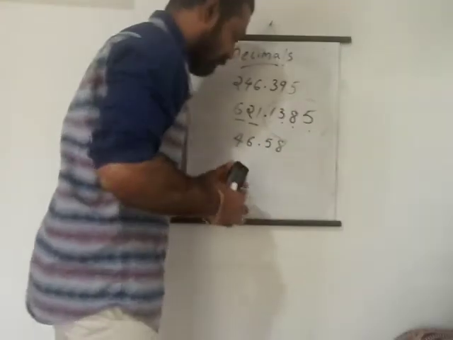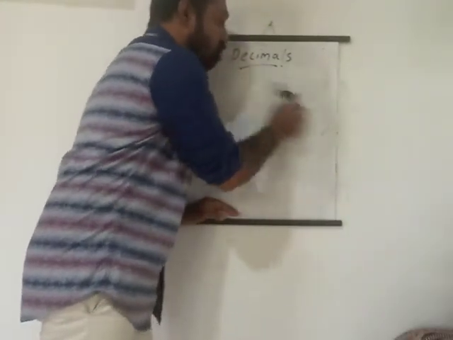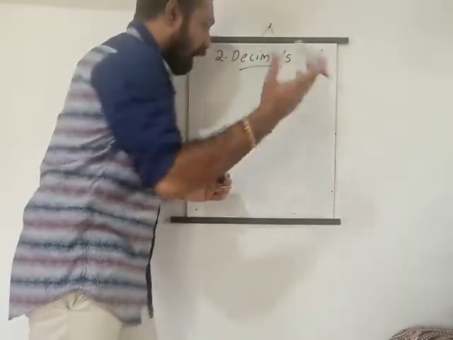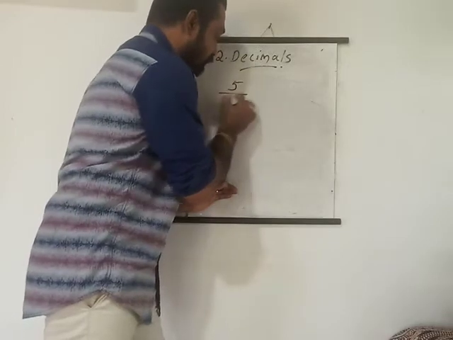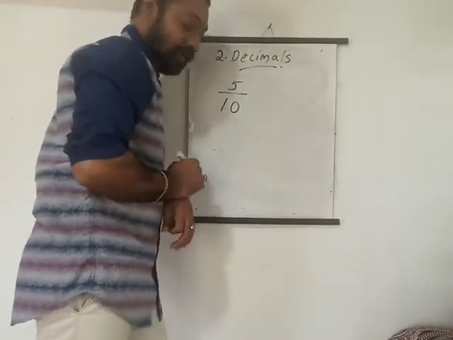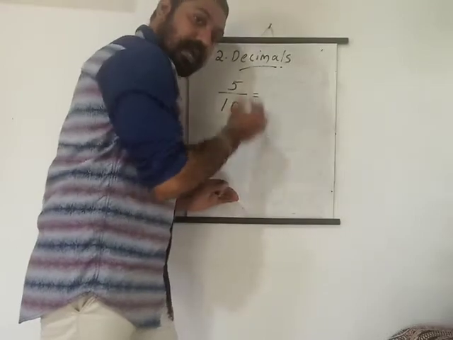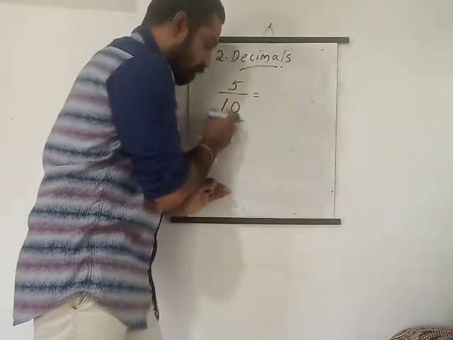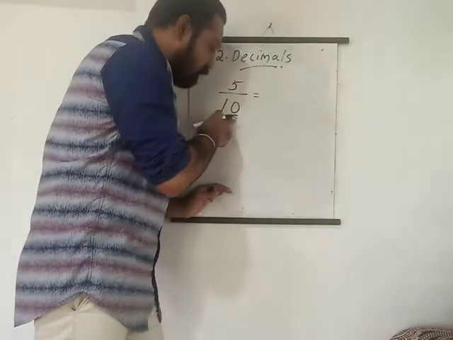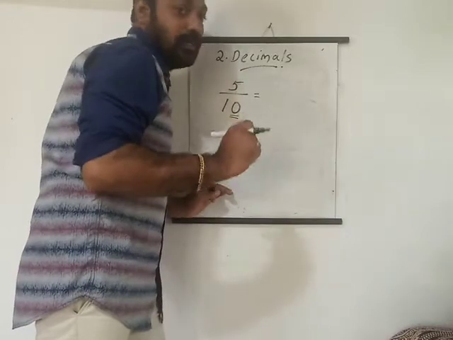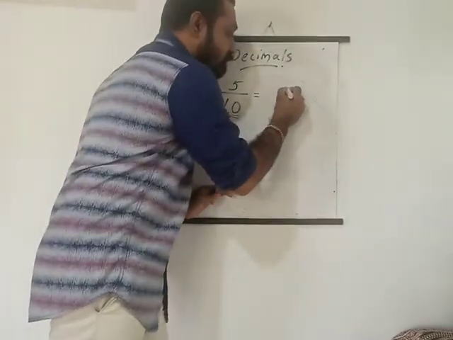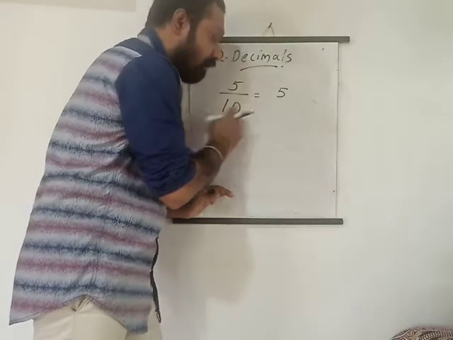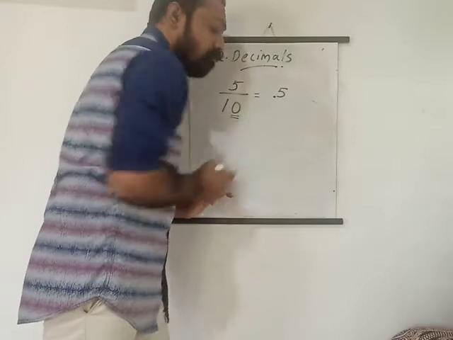Then how are we getting the decimal numbers? That is the next one. That also we learned in previous year, isn't it? How are we getting them? For example, dividing the number 5 by 10. 5 by 10. What is the answer? We learned that one. We are dividing a number by 10, and in 10 how many zeros are there? Only one zero. Then what we have to do? Write that number. How many zeros are there? One zero. Then you have to put a point here.